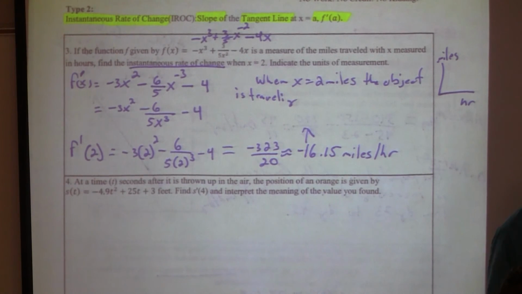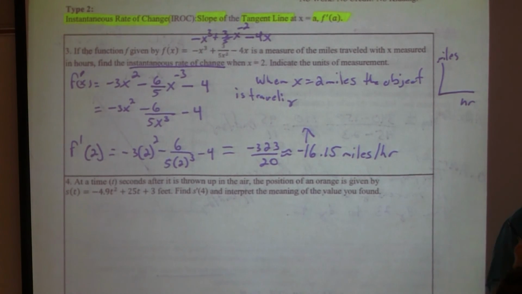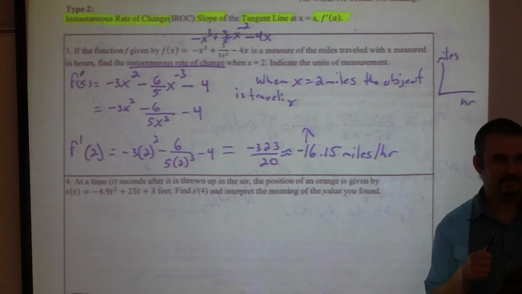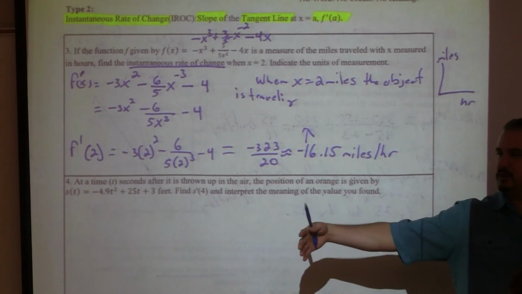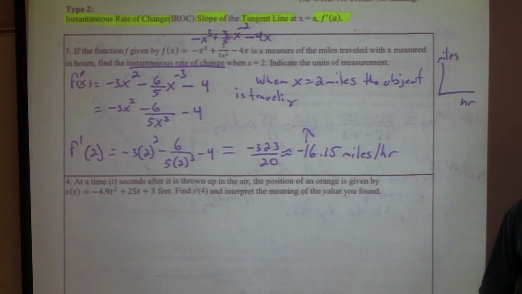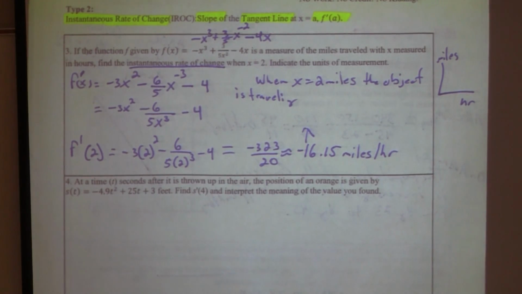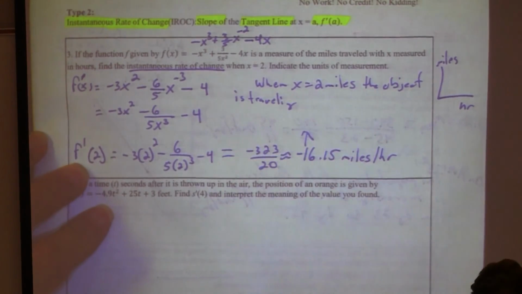So that's basically telling us that this object is what? Either falling or traveling what? Backwards to the starting point. In calculus, we have rectilinear motion, so that's either to the right or to the left. So in this case, since it's negative, it would be traveling to the left. If we were talking about an object falling, or an object thrown in the air, then this would be saying that the object is going down, is falling. So here we could say when x equals 2 miles, the object is traveling to the